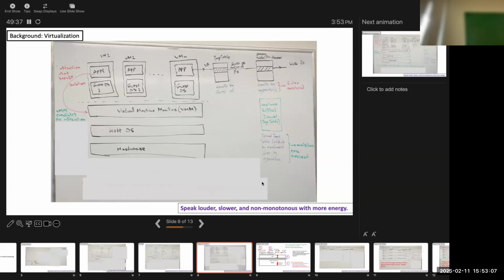So there are some instructions that can break this illusion or this isolation. So if there is such a case, then what happens? Let's say that an application tries to execute an instruction which has the risk of breaking this isolation. The virtual machine monitor will take care of that: the instruction will actually trap into the virtual machine monitor. It is exactly the same case, for example, as in a